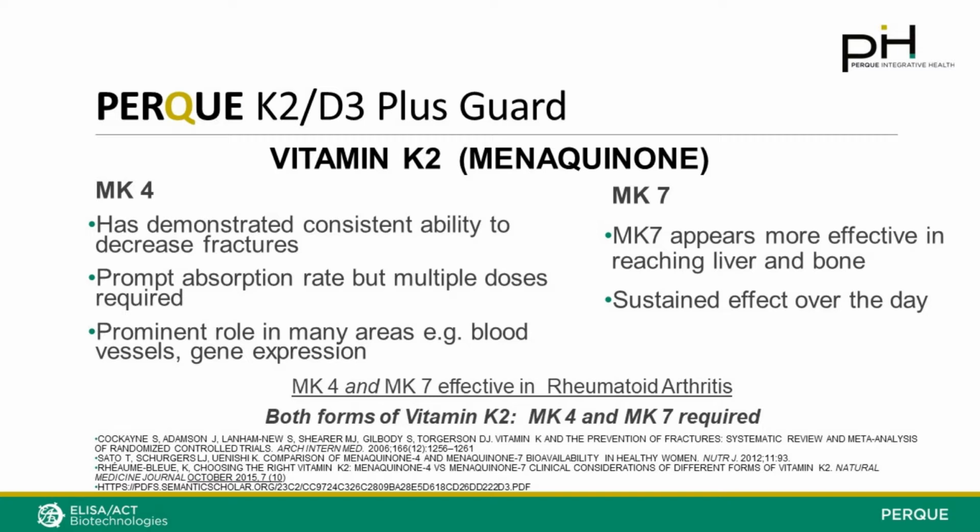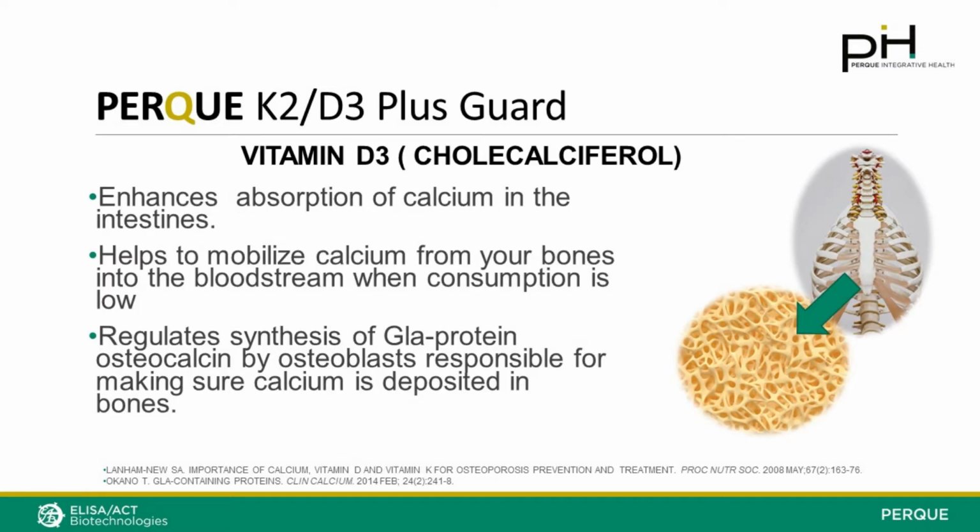We'll get to that. Now, the vitamin D3, the cholecalciferol, enhances uptake of minerals like calcium from the intestines. It helps mobilize the calcium from your bones into the bloodstream when consumption is low. And very often today, people get too much sodium, but too little potassium. They get some calcium, but too little divalent cations, too little calcium and much too little magnesium. And that robs the bones, because there's an interface where the body can bring minerals to and take minerals from the surface of the